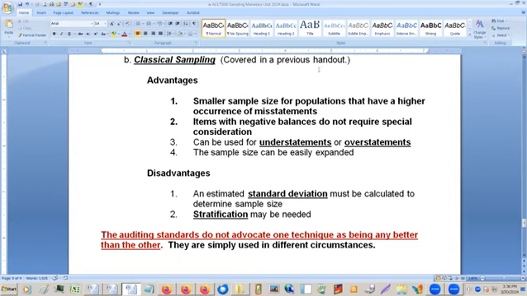Even though monetary unit sampling is specific for auditing, it does not mean it's better in all situations. Certainly, for understatements, it's no good at all. So you really have to pick and choose which ones you're going to use. The big thing, though, for monetary unit sampling is that things like sales, things that people would cheat on, those are more likely to be picked.